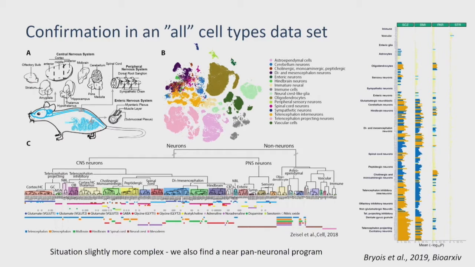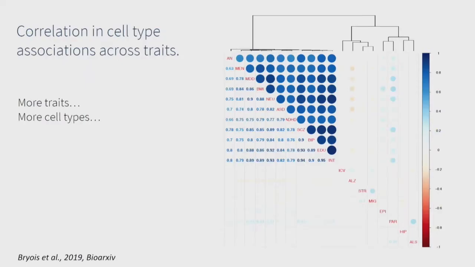And we also did many other brain traits here, and I just want to give you a teaser so you can go and look at this. These are the different brain traits that we actually looked at, and this is how the cell types that they hit correlate with each other. And you can see that all the psychiatric disorders are very highly correlated in terms of which cell types are being targeted: schizophrenia, bipolar, educational attainment, intelligence, ADHD, etc. While the brain traits like migraine, stroke, Alzheimer's hit very different cell types. They are pretty much non-neuronal disorders when it comes to this. When it comes to stroke and migraine, they are mainly affecting the blood vessel cells.